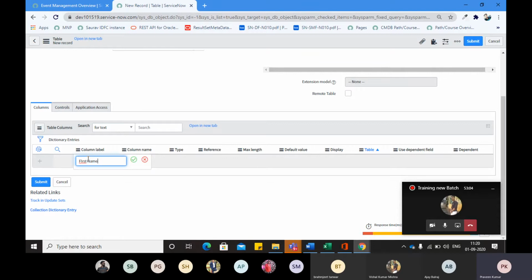I'm just creating two fields in this table, simple string fields.